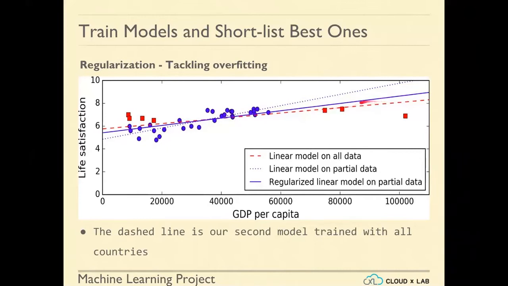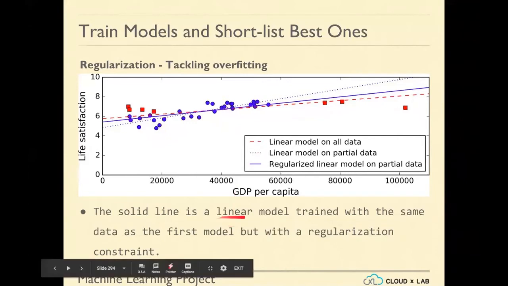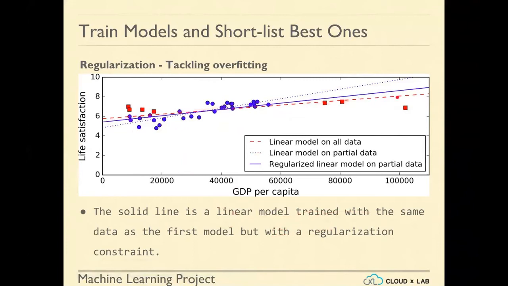The solid line is a linear model trained with the same data as the first model, but with the regularization constraint. Okay, so